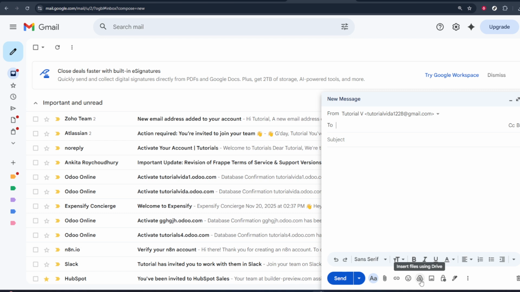If the file is not yet in Drive, look for an option in that window to upload a file from your computer. You can select it from your folders, and Google will upload it directly into Drive and prepare it to be attached to the email. This might take a little time if the file is very large, so be patient and wait for the upload